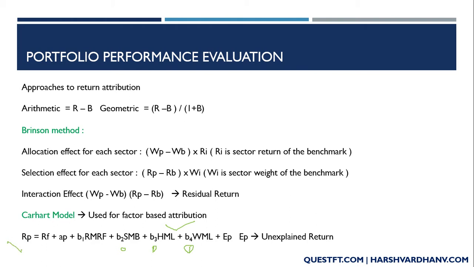So this is in attribution. This can help in attribution to identify what are the causes of returns. Is it from the risk free return? Is it because of the size of the stocks that you have taken? Have the small caps outperformed the large caps? Have the value stocks outperformed the growth stocks? Is the momentum in favor of the portfolio? So this helps you to identify those factors. So in a nutshell, there are three things that you need to understand.